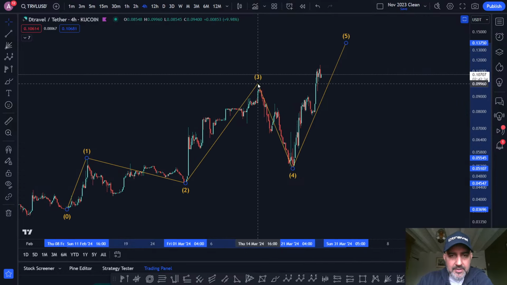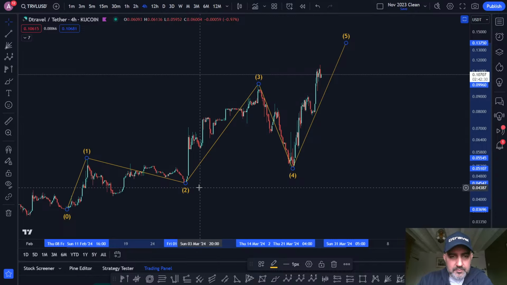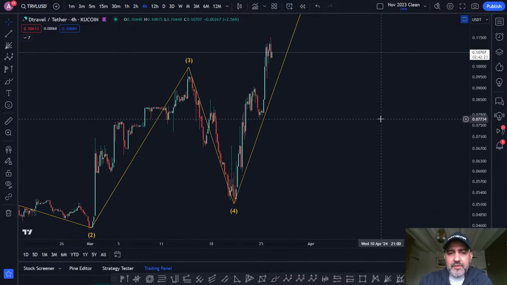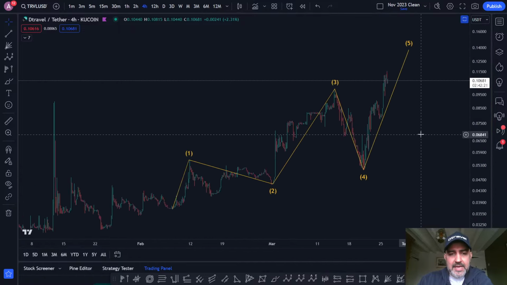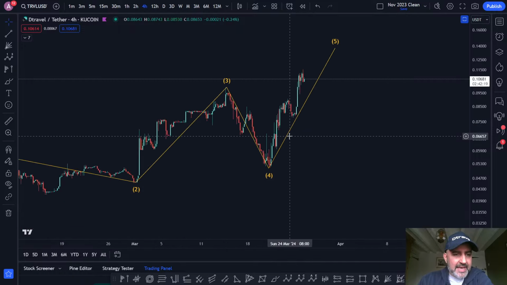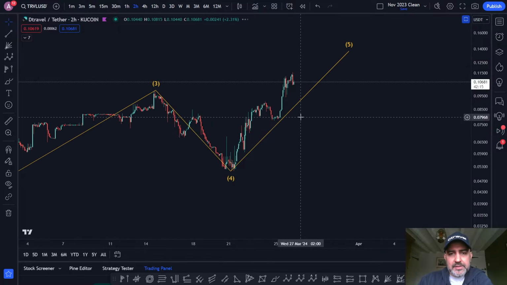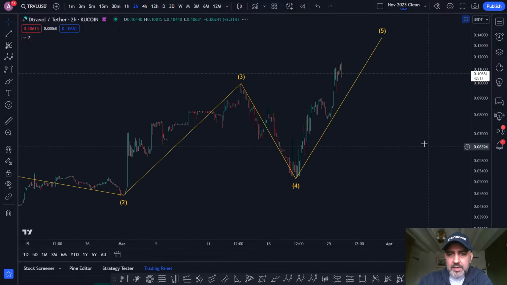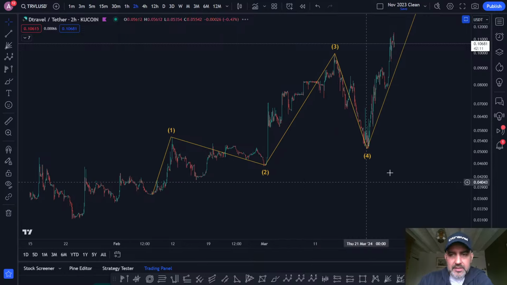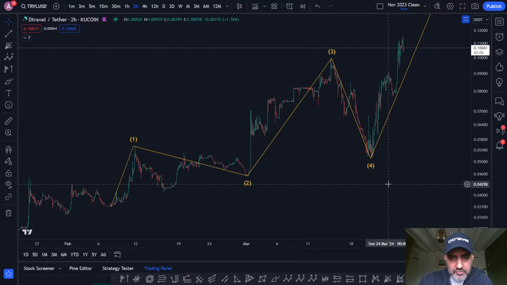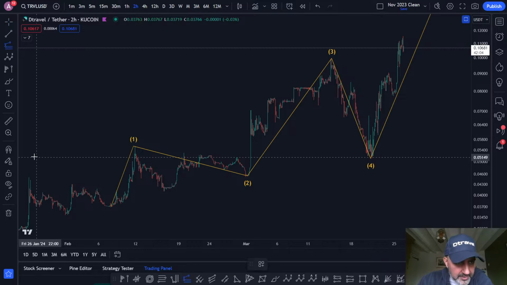So you had the 3, 5. So we're in a 5 now, and it's good to count the waves. So what I want to do is zoom in a little bit. And the reason why I think this probably is correct is because of trend base fib. So if I do,